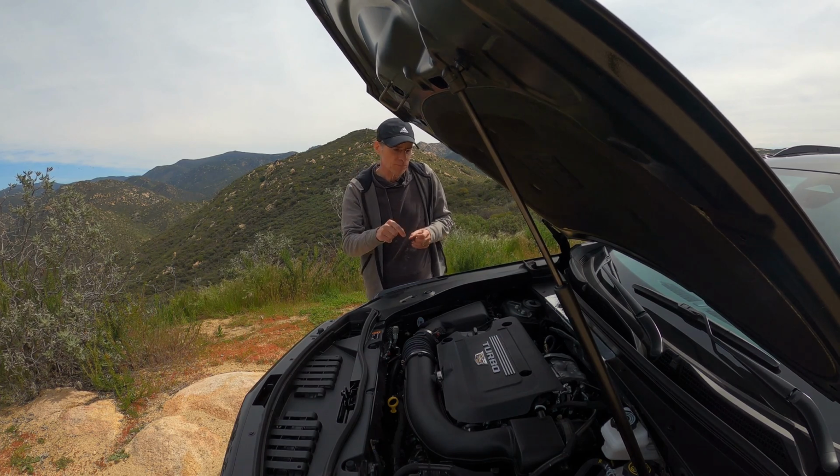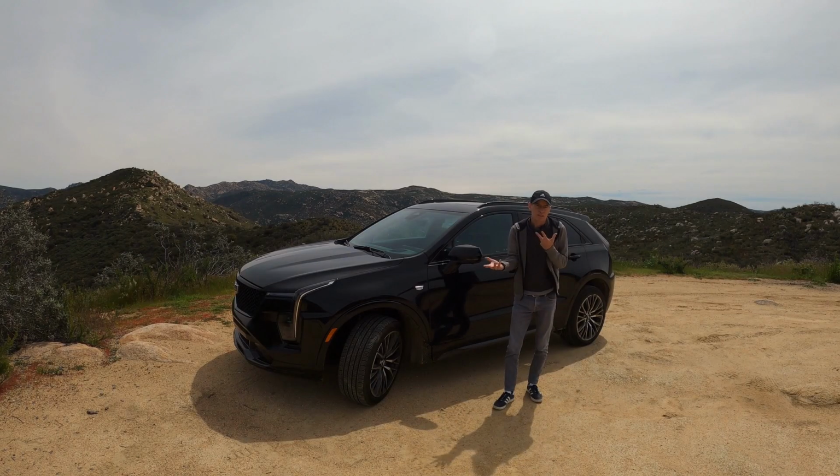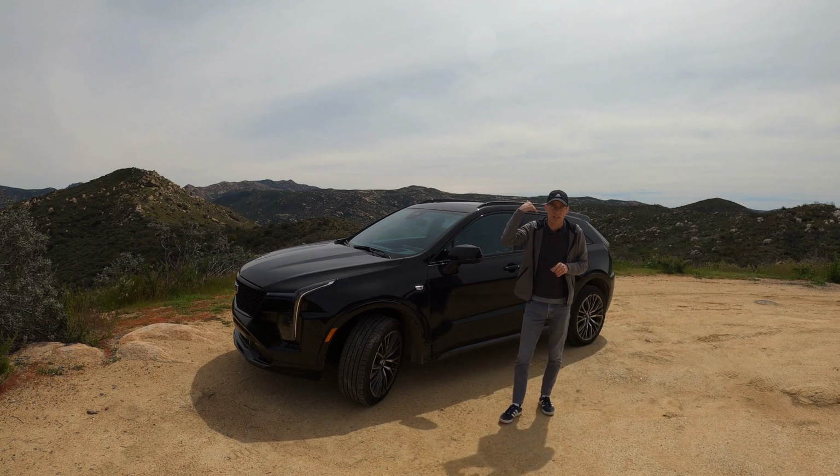Now this sport model has a twin scroll turbo, which effectively reduces any turbo lag that there might be. And I'll definitely tell you, it works. So how much would you expect to pay for this subcompact luxury SUV? Well, this is the sport model, as I mentioned earlier, so it does sit at the top of the range of the XT4s. Prices start around